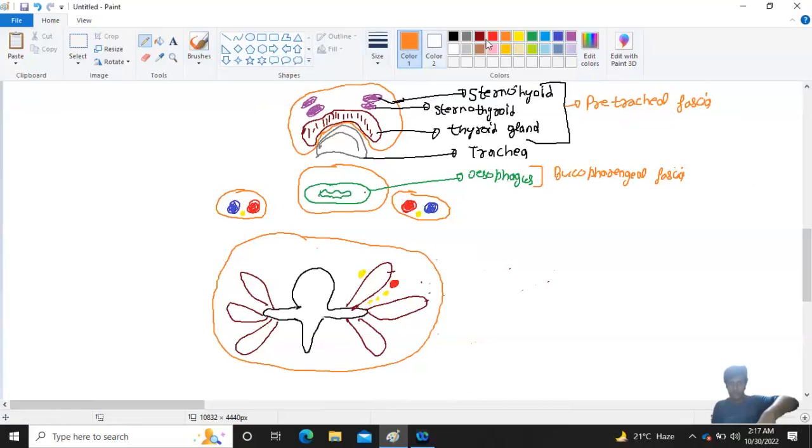Important thing, naming. First, name. This is the internal jugular vein. This is the vagus nerve, and this is